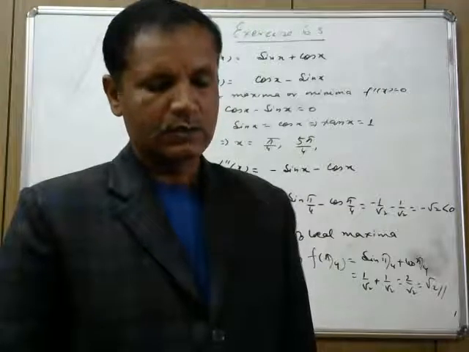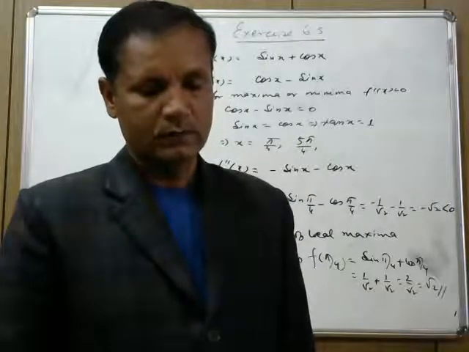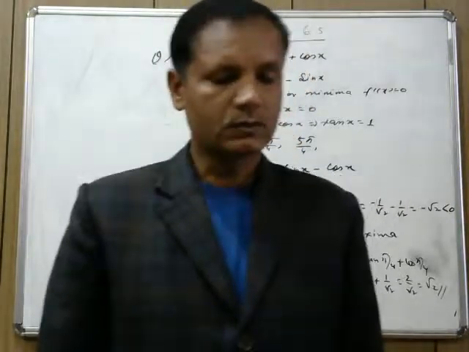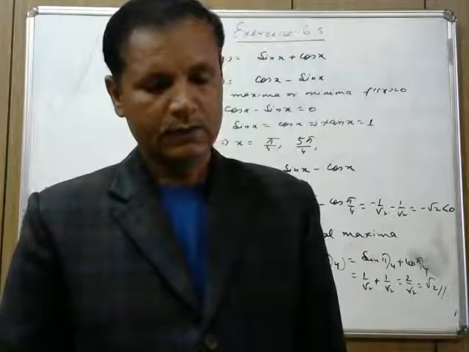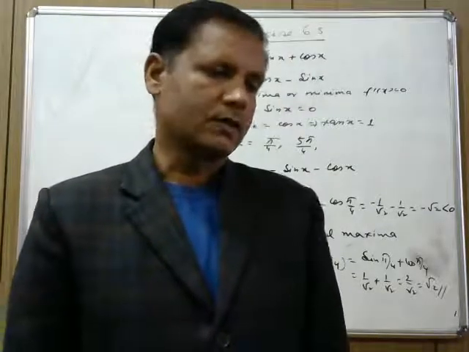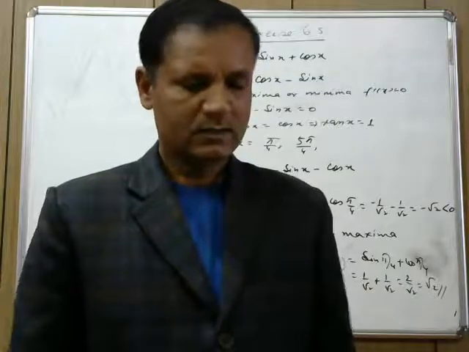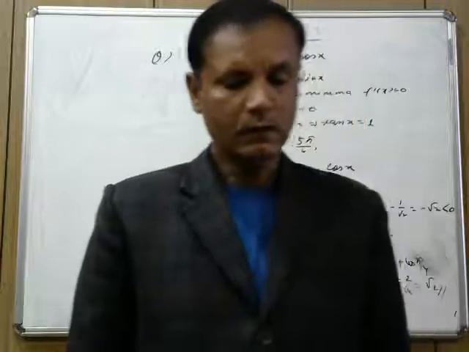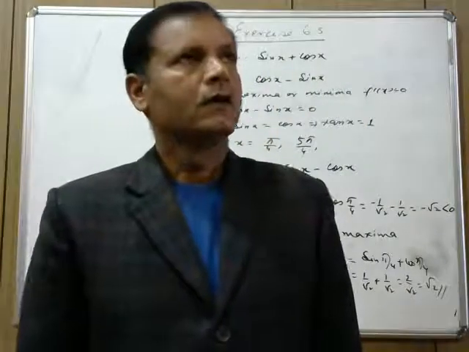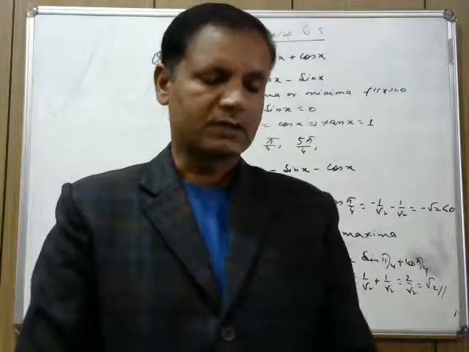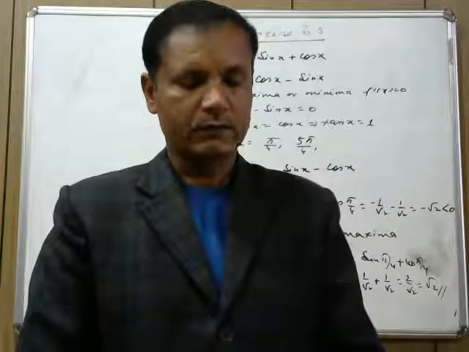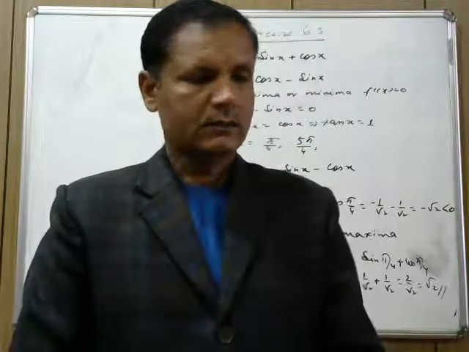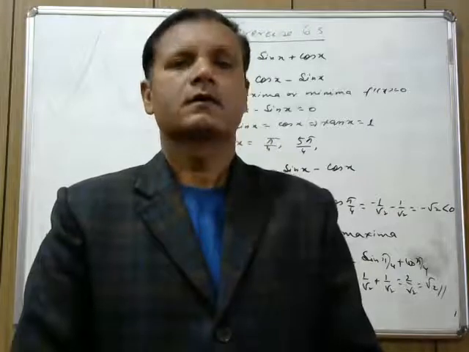Now, question number 10. Find the maximum value of the given function 2x cube minus 24x plus 107 in the interval 1 to 3. Find the maximum value of the same function in the interval minus 3 to minus 1. I think you all can do it. In question number 10, you have to find the absolute maximum or absolute minimum value in the given intervals 1 to 3 and minus 3 to minus 1. Just for a precaution, I'll discuss one line.